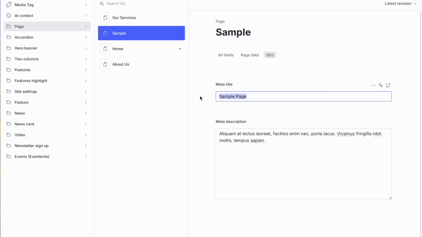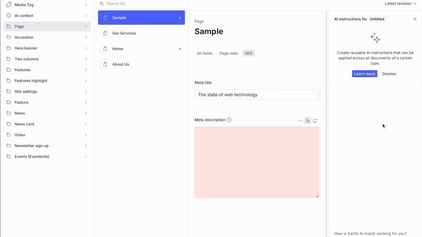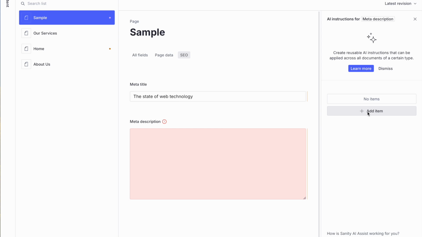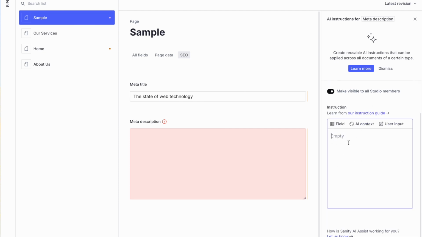Let's give an example here. If I change the sample page to something that is a little bit more meaningful, let's say the state of web technology, and then on this field, which is the meta description, I'm going to add an item that says create meta description, make it visible to all studio members, and then the instruction is going to be create a short description between 80 and 170 characters